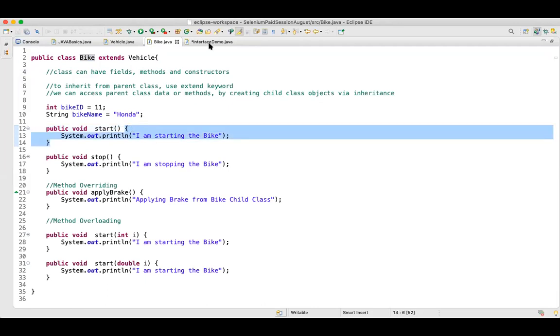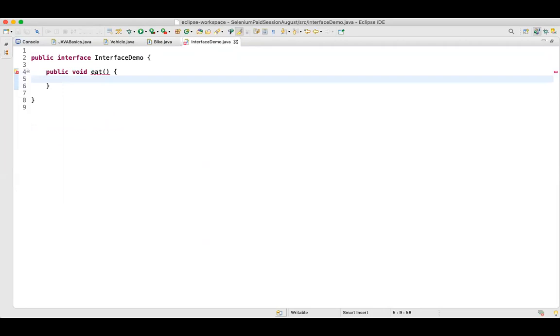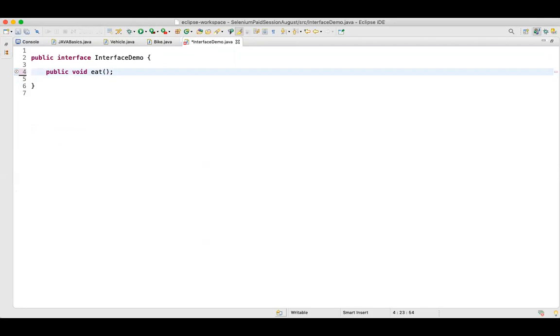But if you do the same thing in interfaces, it gives you an error saying abstract methods do not specify a body. So what do we learn from this? We learn that all the methods in your interfaces are abstract in nature by default.